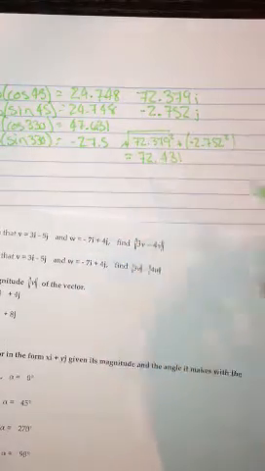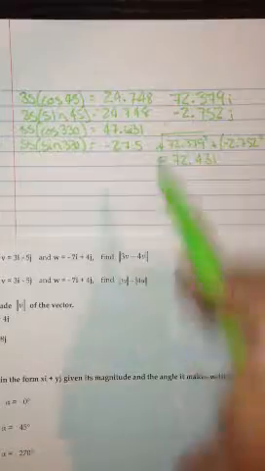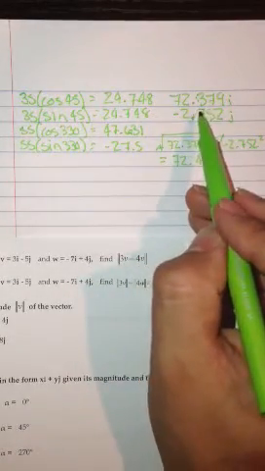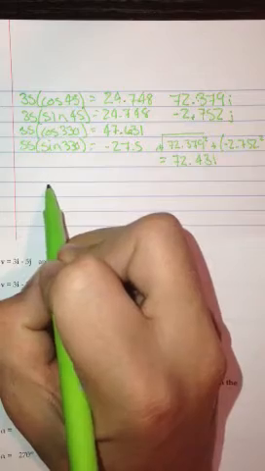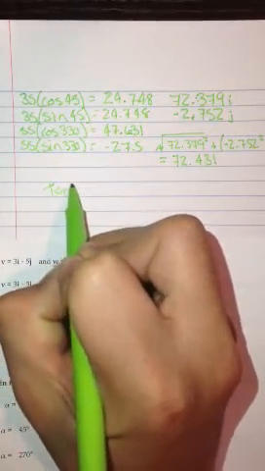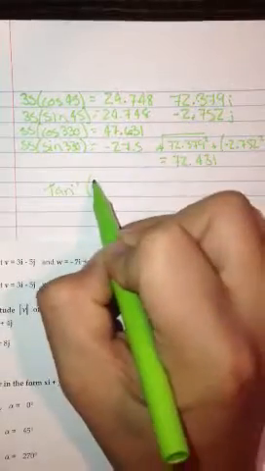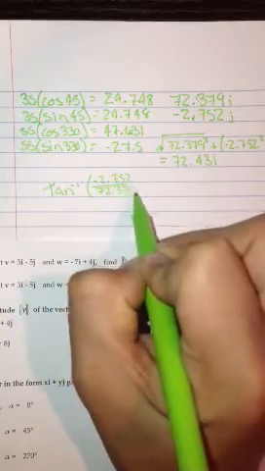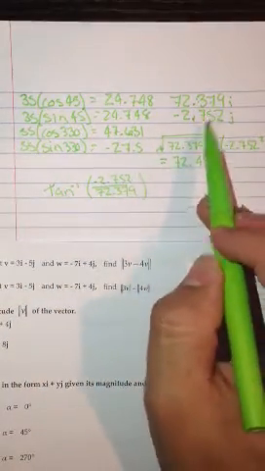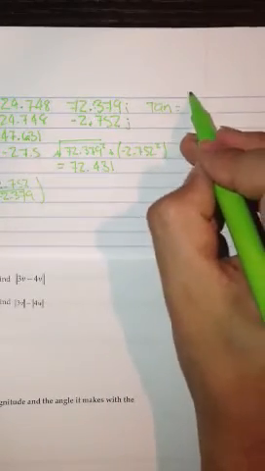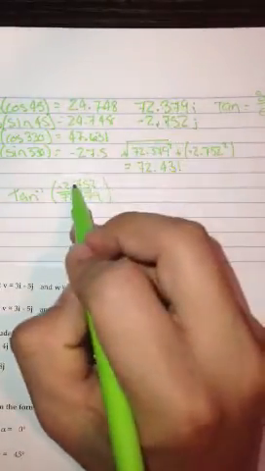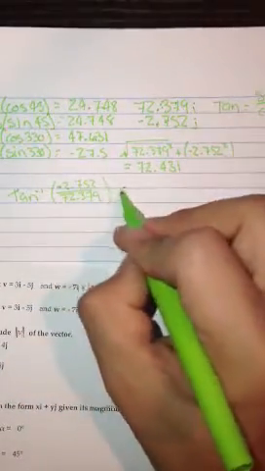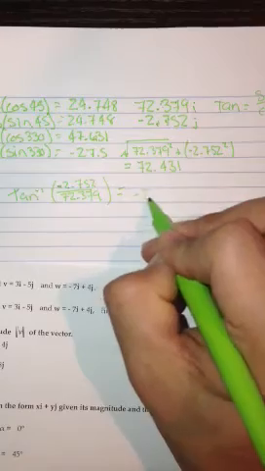That's the length. And to find the angle, what you have to do is use these two numbers and put them in tan. So the inverse of tan of negative 2.752 and 72.379. How you know which numbers to use is tan is sine over cosine. So this is sine, that's cosine, that's why this one's on top, that one's on bottom. And what you get is negative